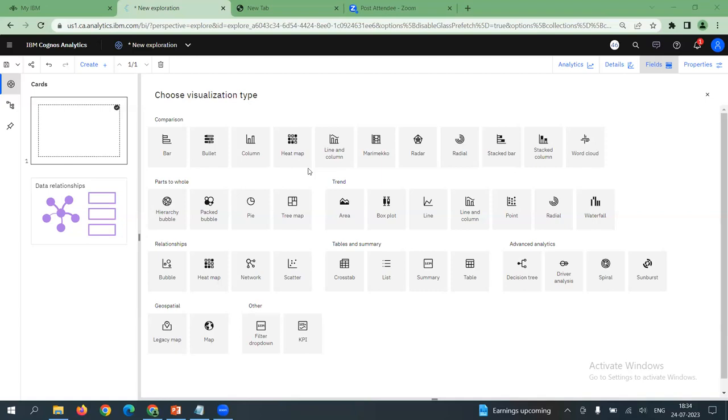So if we take a pie chart or a bar chart, these two charts can study the relationship between how gender, that is either male or female, are saying either yes or no. So two gender categories, male, female, two bike buyer categories, yes, no.